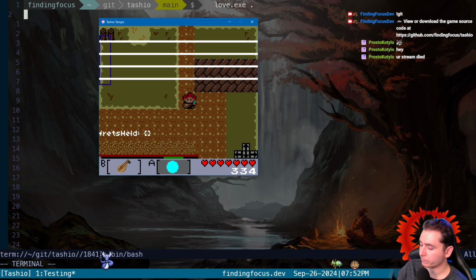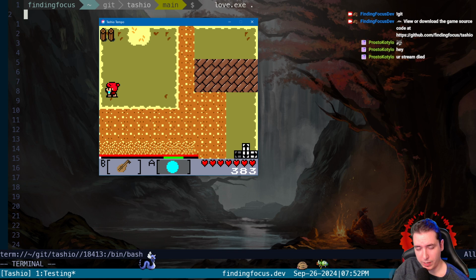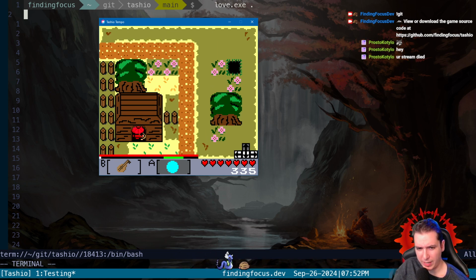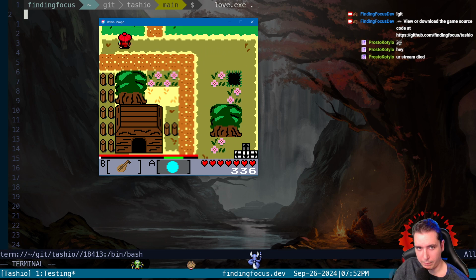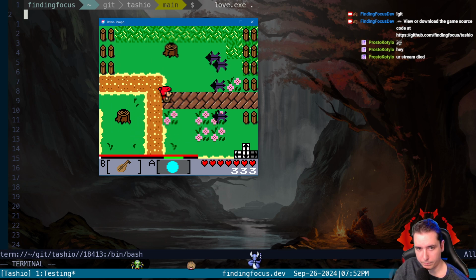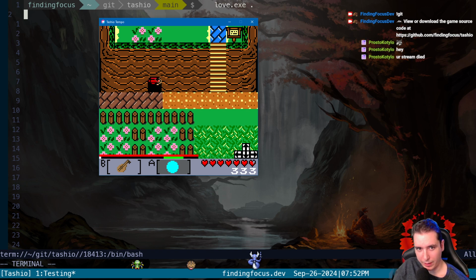We need to be able to walk into a cabin and have it switch locations for us. That's a big one. So some system for loading an alternate map, so that we can come in here and walk into this cave and have it actually take us somewhere.